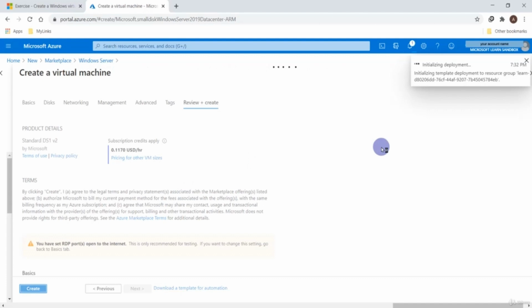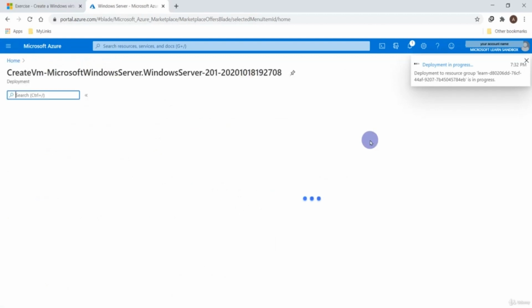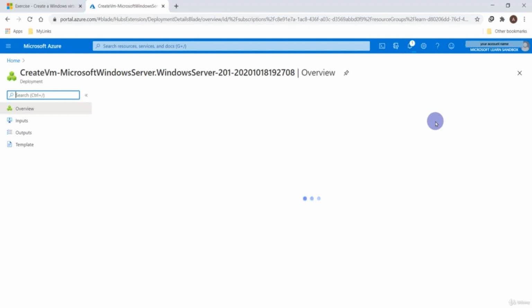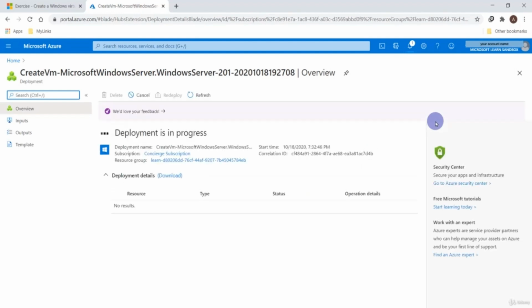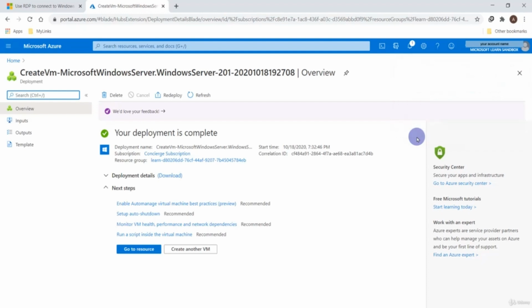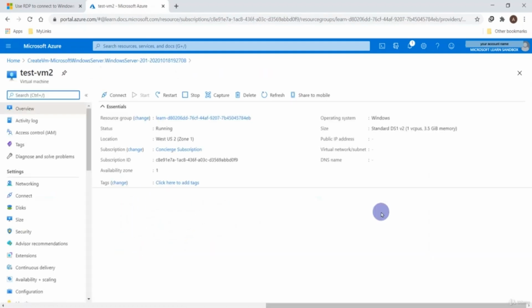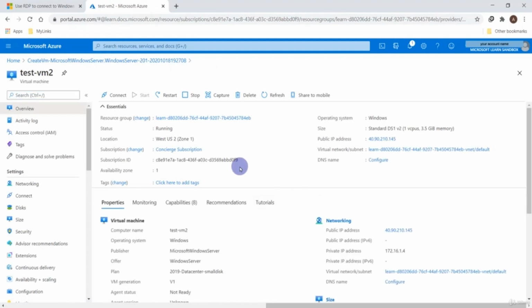You can see the notifications at the right side of your screen. This is about the deployment. So the deployment is still in progress. You can see all the process is going on. Yes, deployment succeeded. Now click on the go to resource button. And after that, you will see in the overview, there is one connect link over there